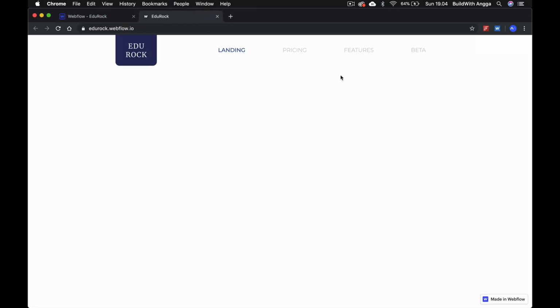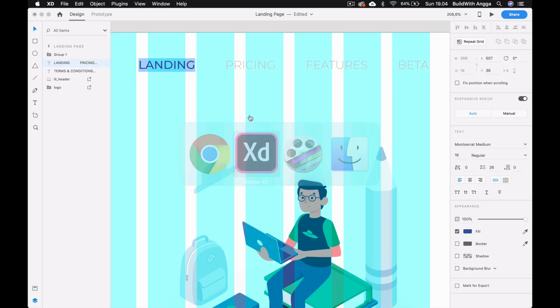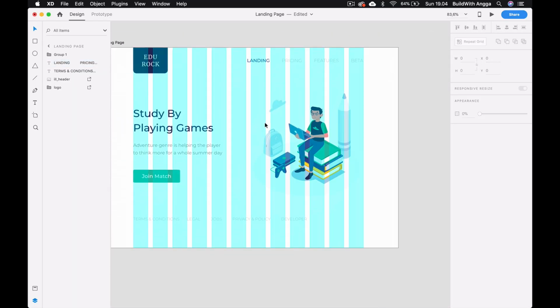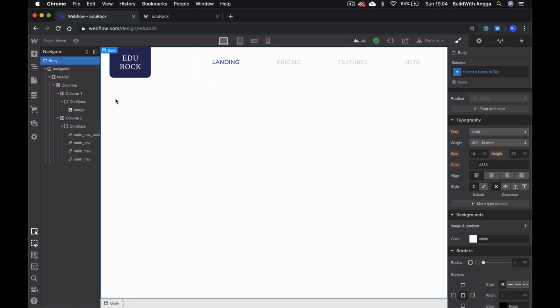Oh man, it's beautiful, isn't it? So this is how we design the navigation. It's pretty simple. Okay, so I think you're going to like it, because we are going to continue on to another section for the header. Okay, so let's continue to create a new section here,